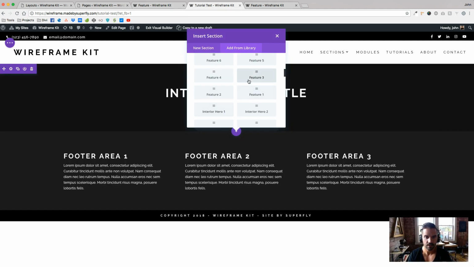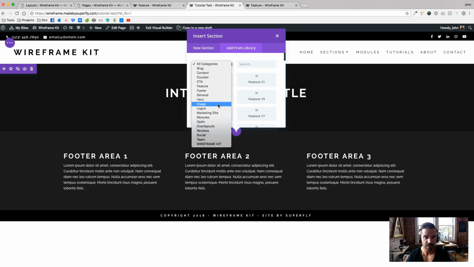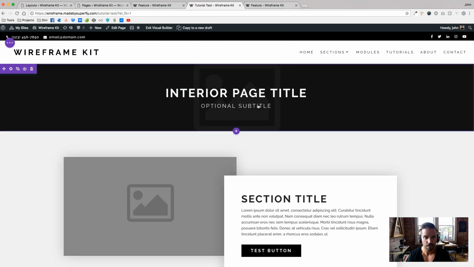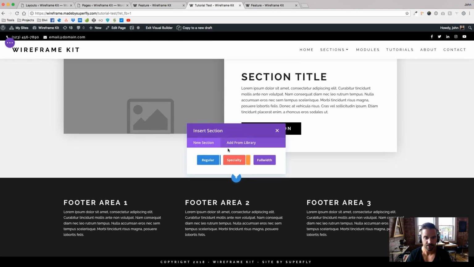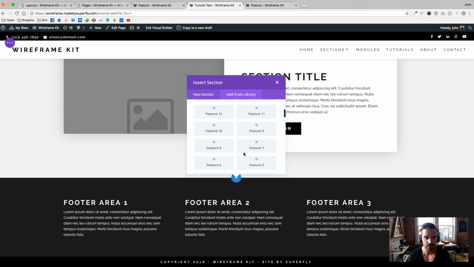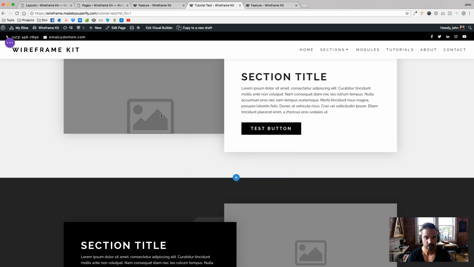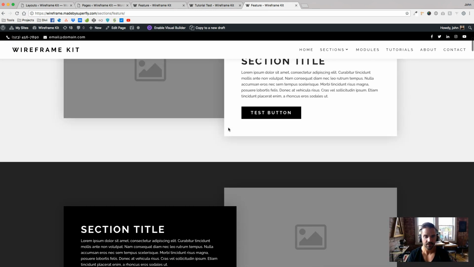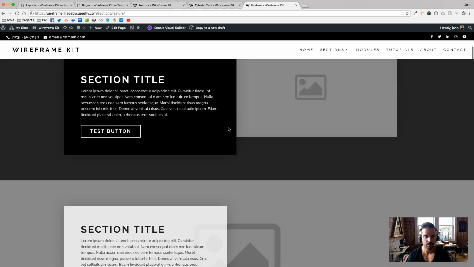So let's go ahead and, actually, I know I want to be in the features for a while. So I'm just going to do this guy here. We're going to do feature 1. Bam. And then we want feature 2 right after that. Let's scroll down here to feature 2. Boom. And then I actually like this triple paragraph,